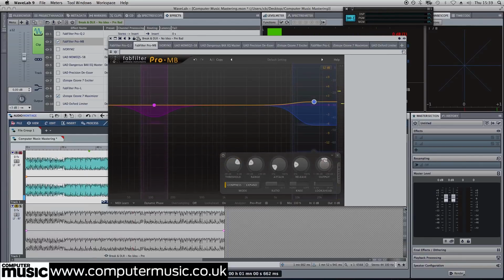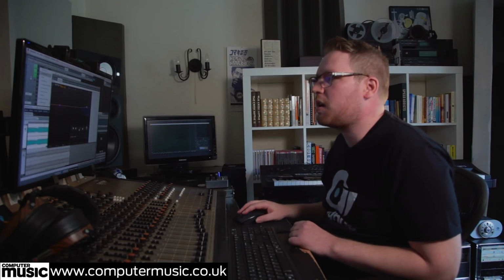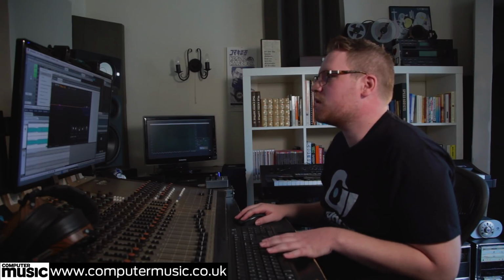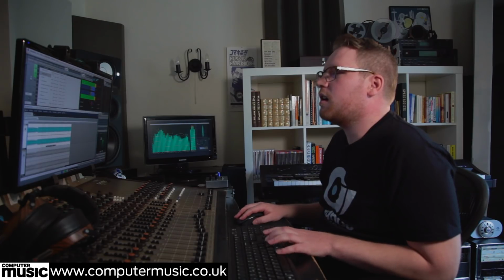So essentially that helps to bring us back to how the better master was sounding, which is evening out things that shouldn't be there or that create a problem. Because if we were to add a high shelf to this less good master now, those hi-hats are going to come out more than the snare, and you've got that imbalance in the top end that's just not going to get brighter in a good way. So that's really things to avoid. If we were to now flick to the better one,